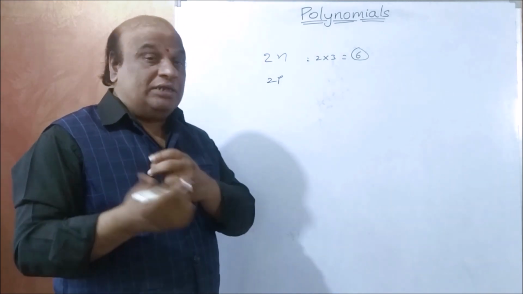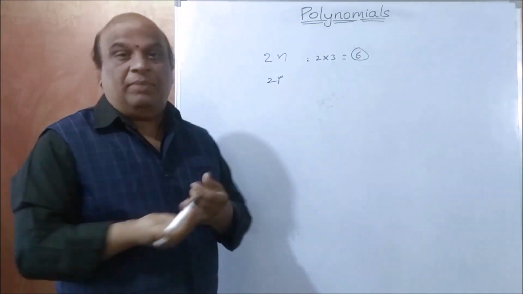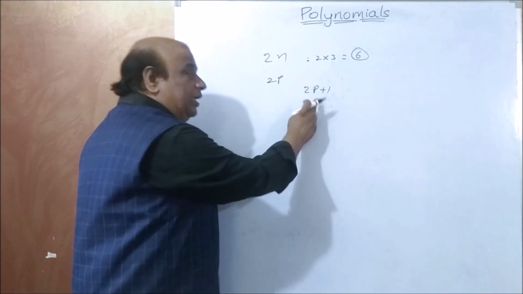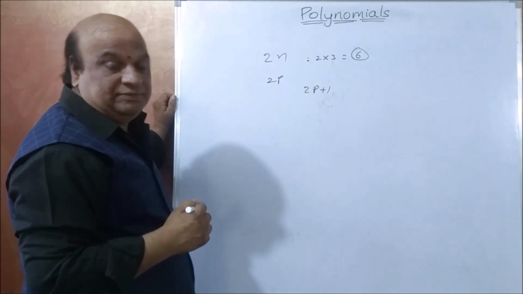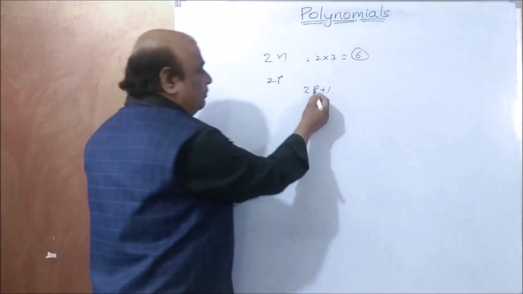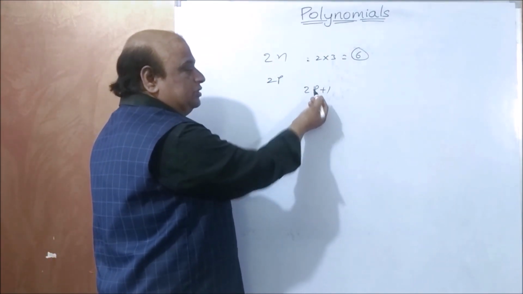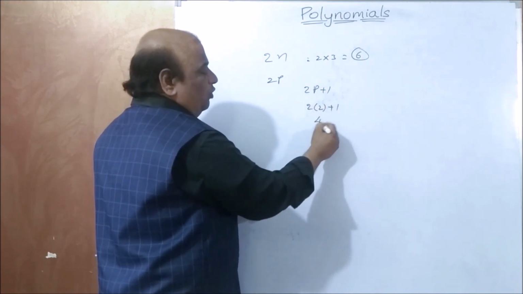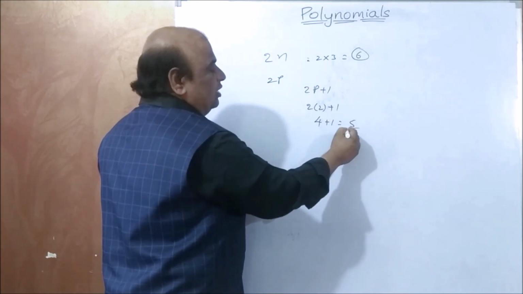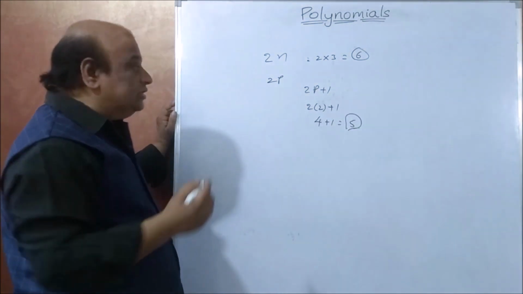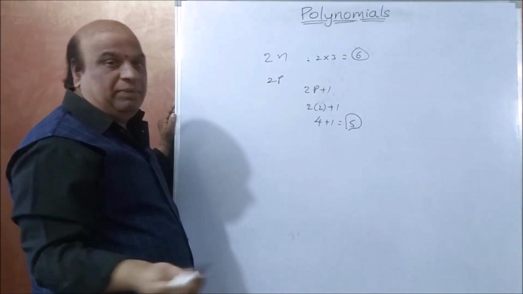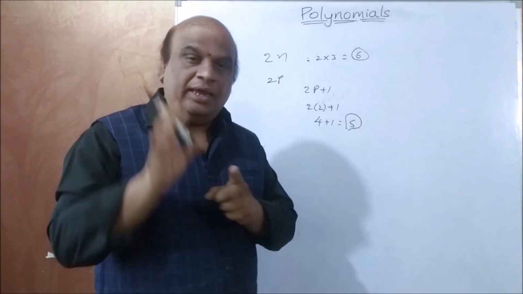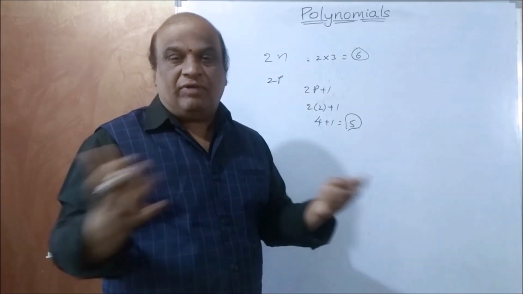Understood? Suppose what is the general form of an odd number? That is 2p plus 1. Here also we are using English alphabets. 2p plus 1 means, suppose if you take 2 instead of p, 2 into 2 plus 1: 2 twos are 4, 4 plus 1 is equal to 5. This is an odd number. So the general form is 2p plus 1 or 2k plus 1 or 2n plus 1, like that. Compulsorily we have to use English alphabets. Otherwise we can't generalize.